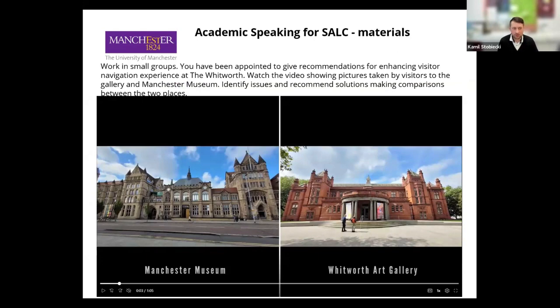Another type of input is illustrated here. That's a more creative example, perhaps more unusual, where we went and took pictures inside some of the important buildings that belong to the university, aiming also to encourage students to go and explore the campus. In this one, this is to make them talk about making comparisons and contrasts between the 2 different buildings. This is based on advice from one of the lecturers of arts management, and here the students focus on how effective the signs are in both of these institutions by watching pictures taken inside.